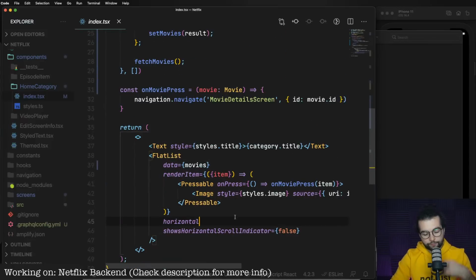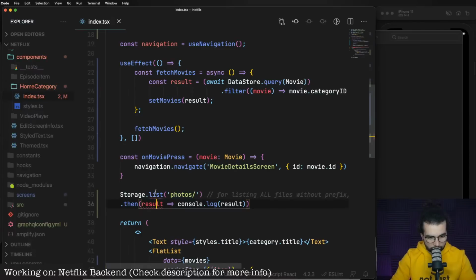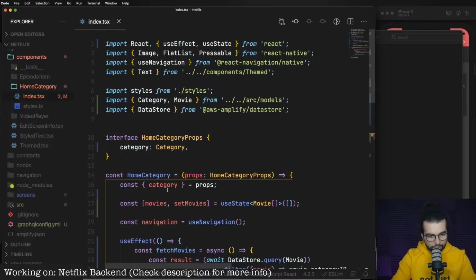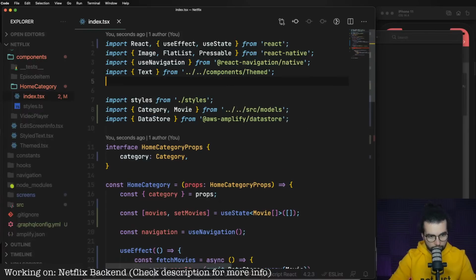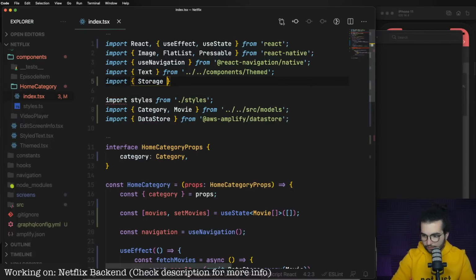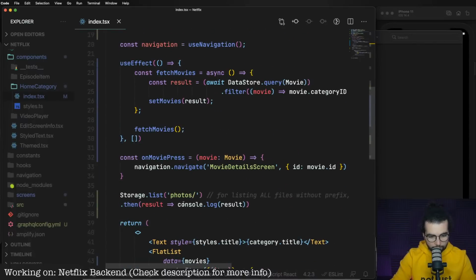An image. Okay, let's try in this component to add this storage.list. Did it import the storage correctly? Storage we will import from AWS Amplify. We list everything, not in photos, but I think in